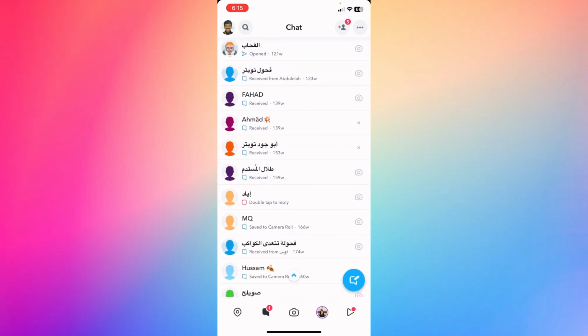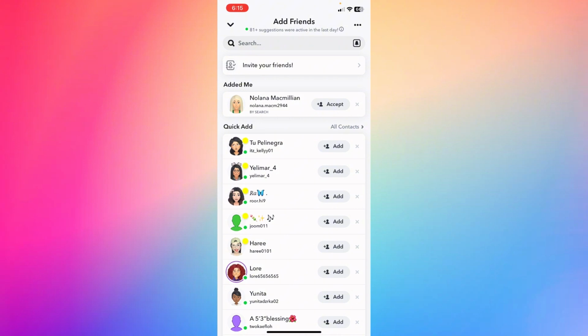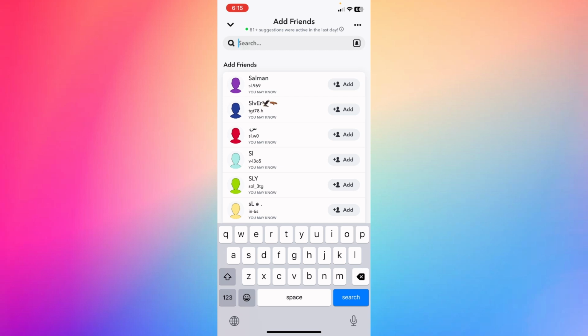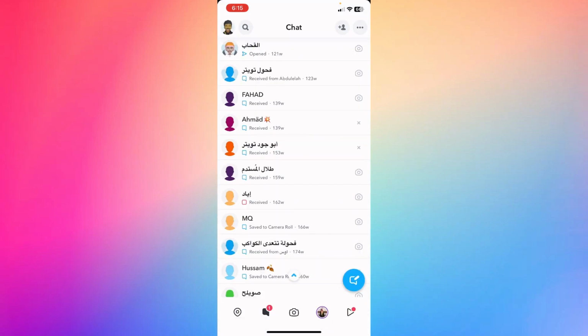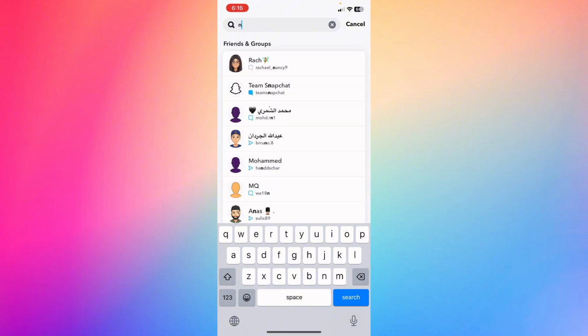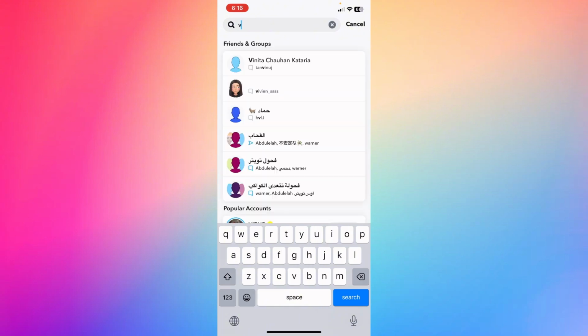gone. If I wanted to get back to it, I could just go ahead and click on the add friends at the top right, and basically search for the person that you actually talk to. Or let me just go back right here and go to the camera and basically click that search at the top, and then find their name on Snapchat, and basically you're going to be able to enter the chat,